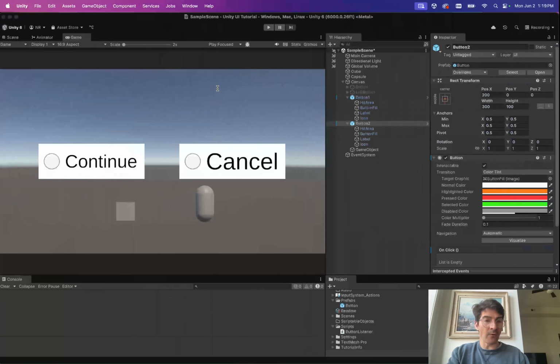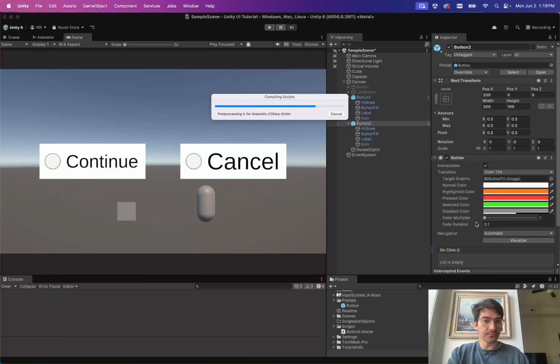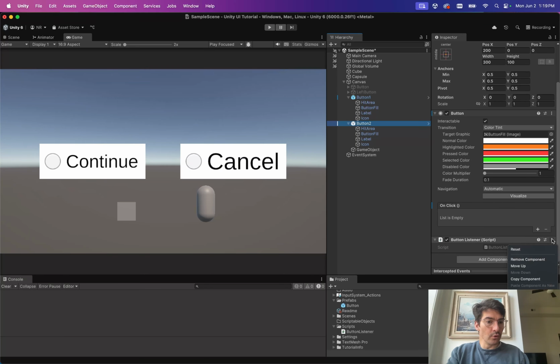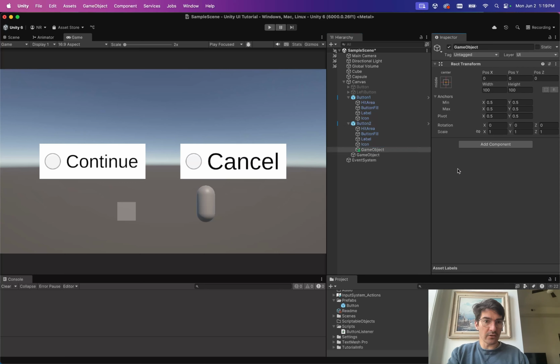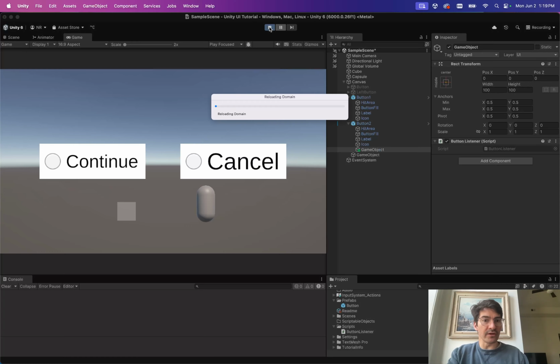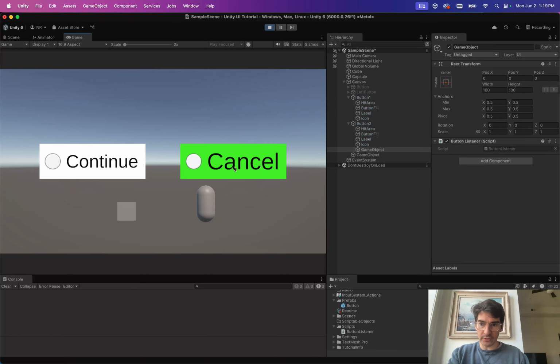And so now what this would allow me to do is to remove the button listener component from here. I could create a new child. Again, we're seeing this because I'm modifying a prefab. Add component, button listener, and when I run this, button 2 will still function appropriately because the button listener is